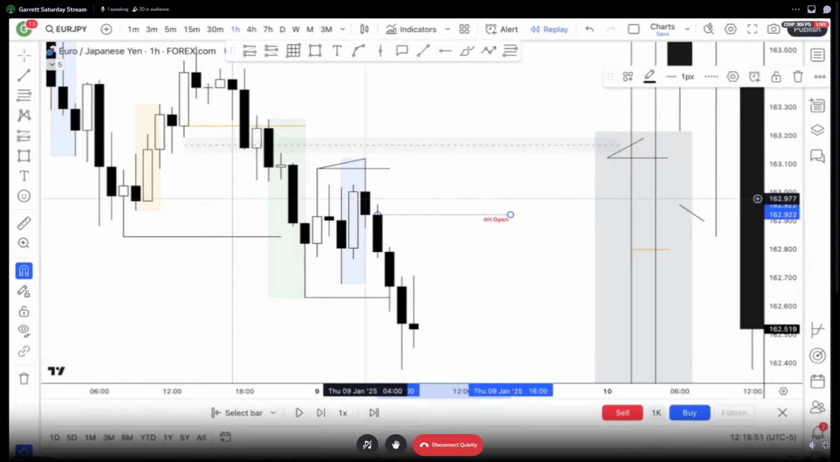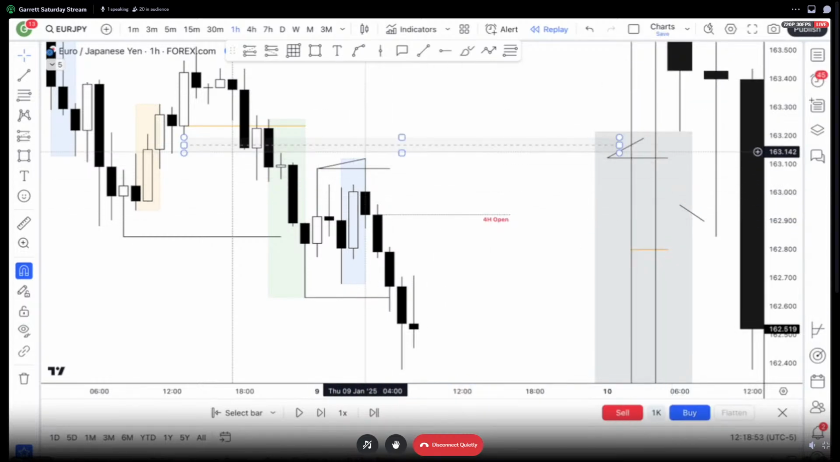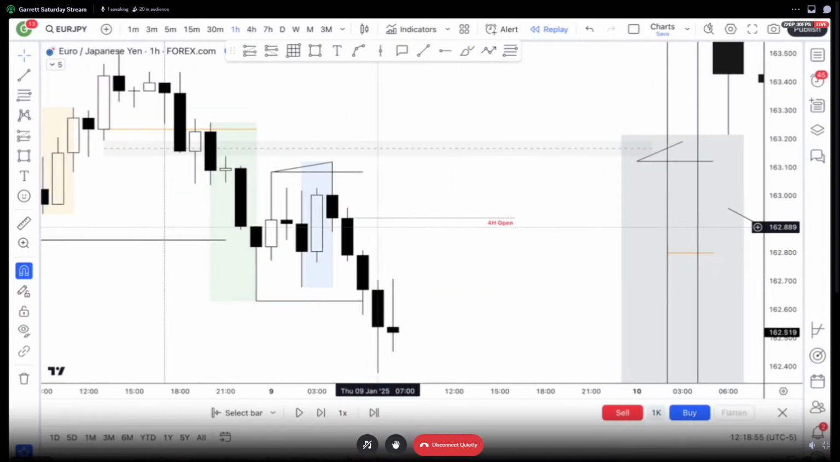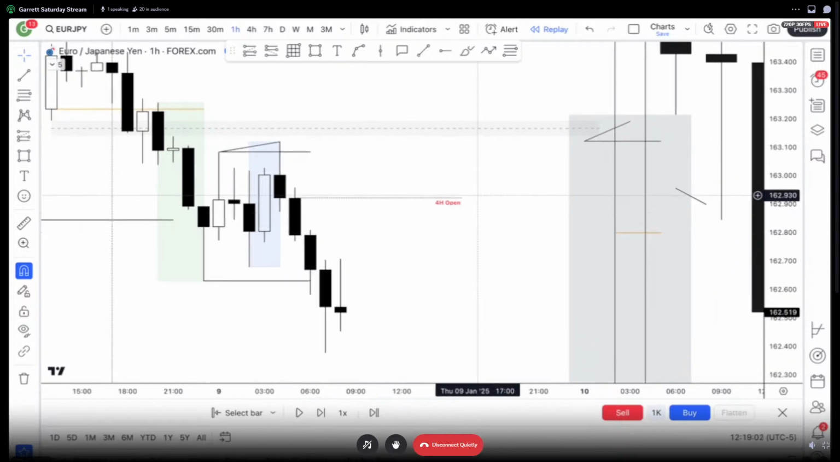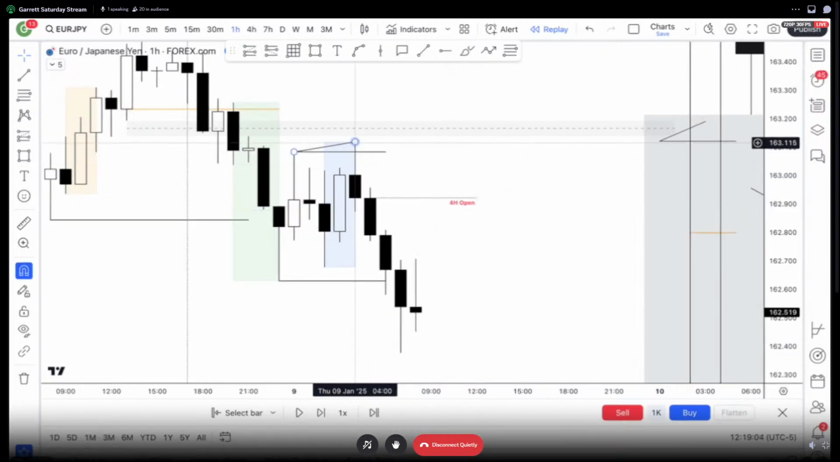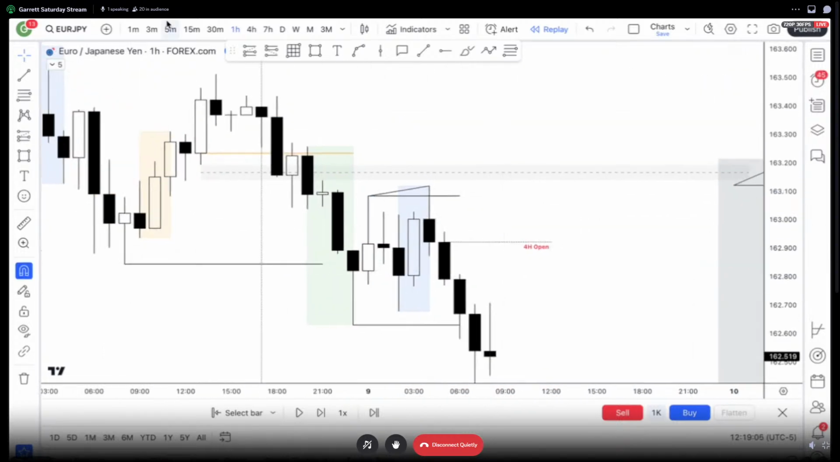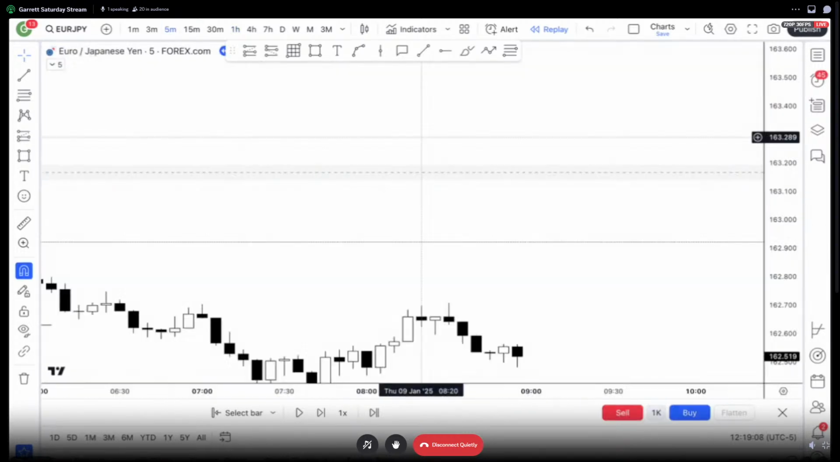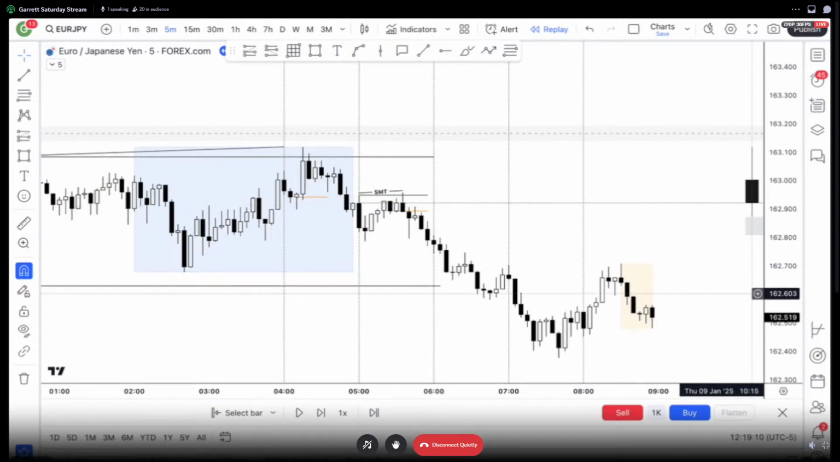a 4-hour candle with this model. So here we have the hourly candle 2 closure, right? But we also have on the candle 3 open of the hourly chart, we have a 4-hour candle, right? So you're aligning a higher time frame expansion candle with a lower time frame model. Does that make sense? So when we drop down,